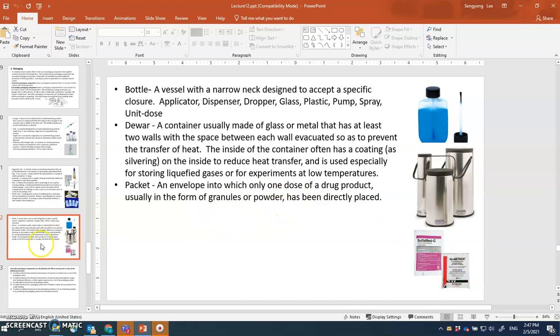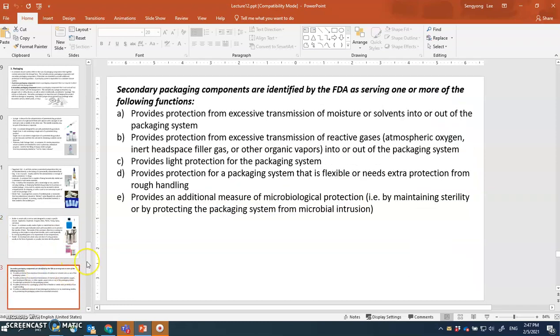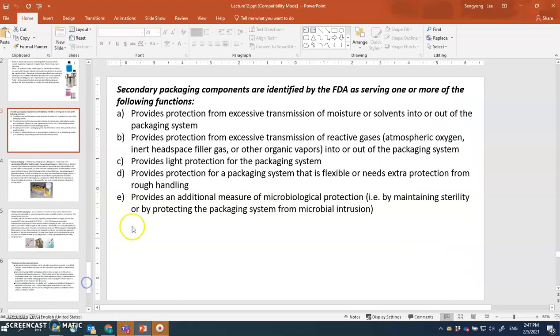Those are the packets. Okay, and then what else? Secondary packaging components identified by the FDA as serving one or more of the following functions. They should provide protection from excessive transmission of moisture or solvents into or out of the packaging system. And provide protection from excess transmission of reactive gases like oxygen, inert gas-based filler gas, or other organic vapor